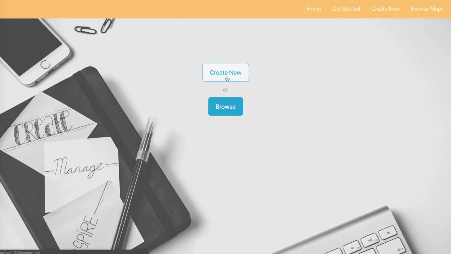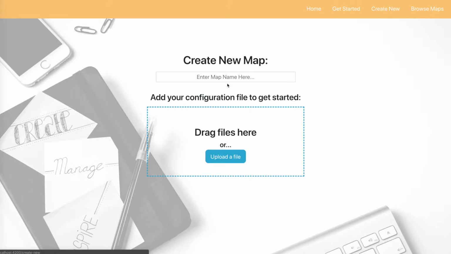So if I were to go to create a new map, then I'd be greeted with this page where I can name my map here and then upload a file by either dragging it or clicking this upload file button up to the website, which would then generate a map for you. But if we were to go back to browse maps up in the navigation bar up here, which is the other option,